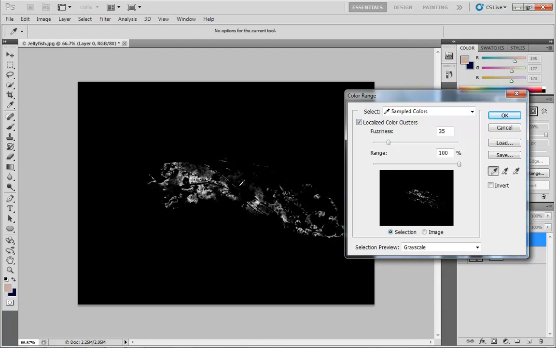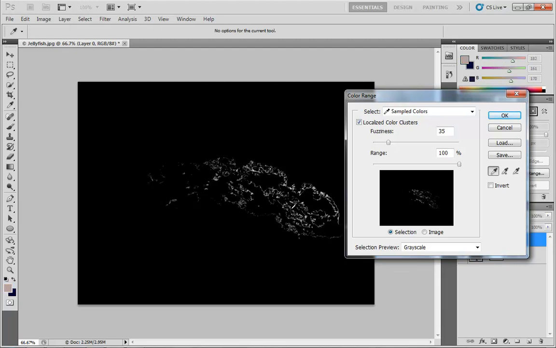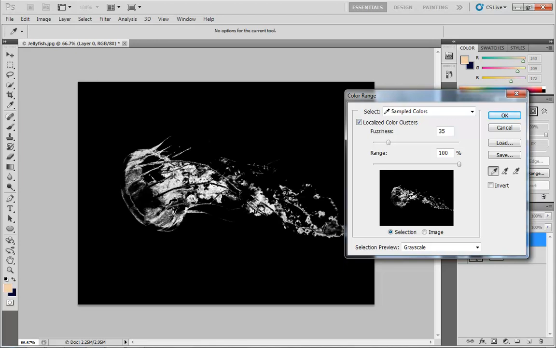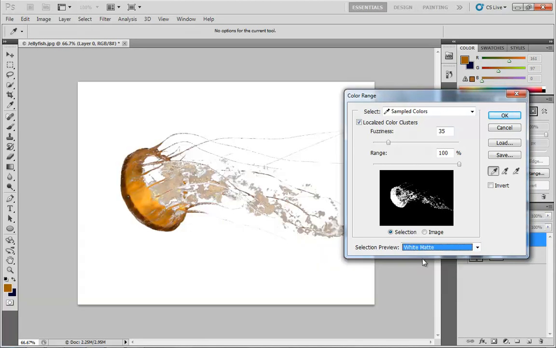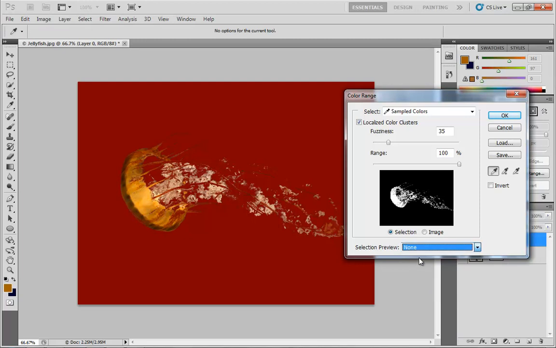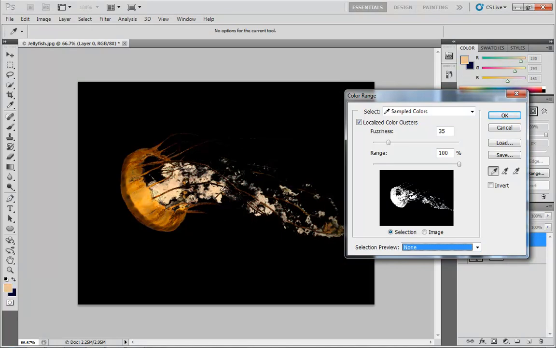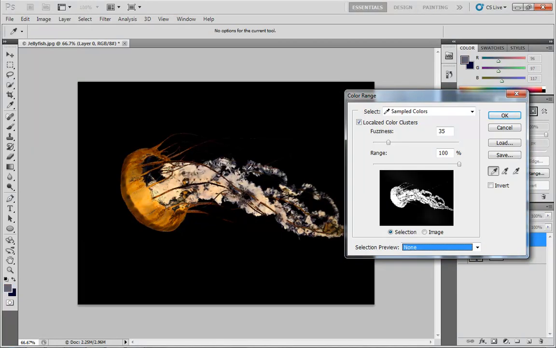And each time I click, I'm refining an area within the mask. Now, if I hold down Shift, I can steadily add more and more area to what I'd like to refine. And I can preview this as grayscale. I can preview it on white. I can preview it as a quick mask. Or we can just set it to none, and we can see where I'm steadily exposing more and more of